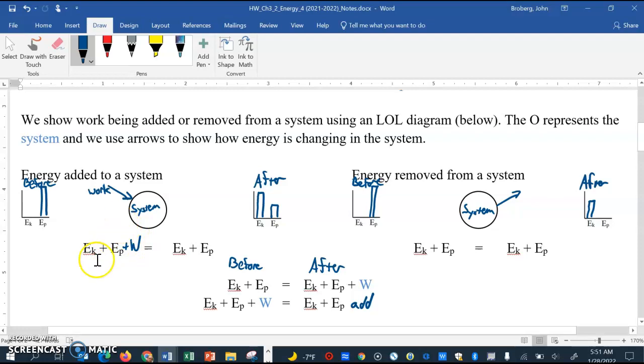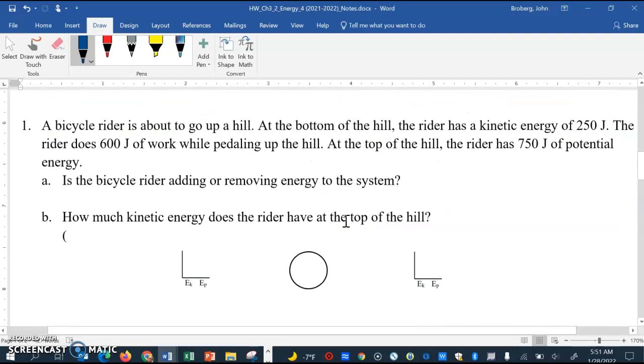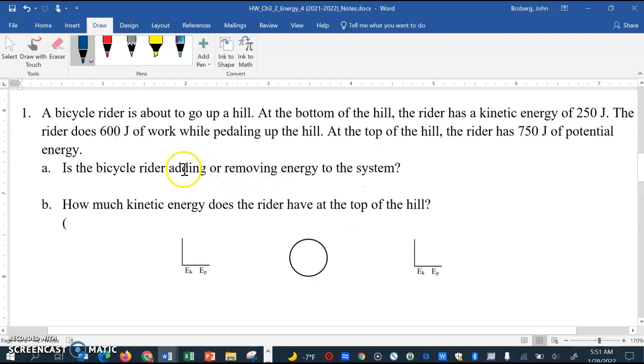And it's because it's entering the system, that's where we write it. But when we remove energy, that work can be added to the after side. We're getting some work out of the system, and that's how we can end up remembering it. So when you solve these problems, it's important to tell where work is actually written, and it plays a key role in it. And so we're going to solve some problems